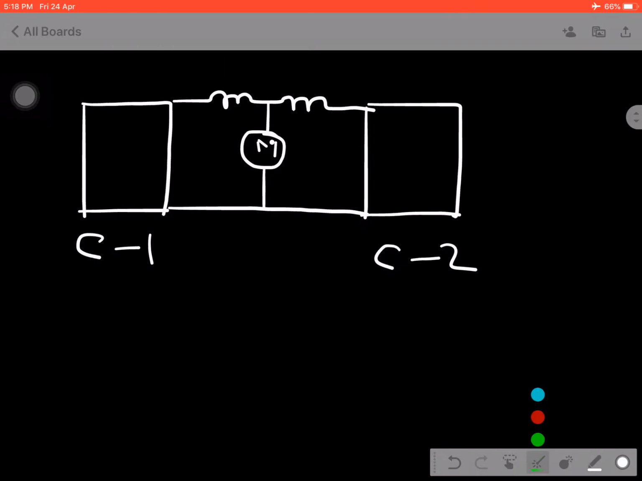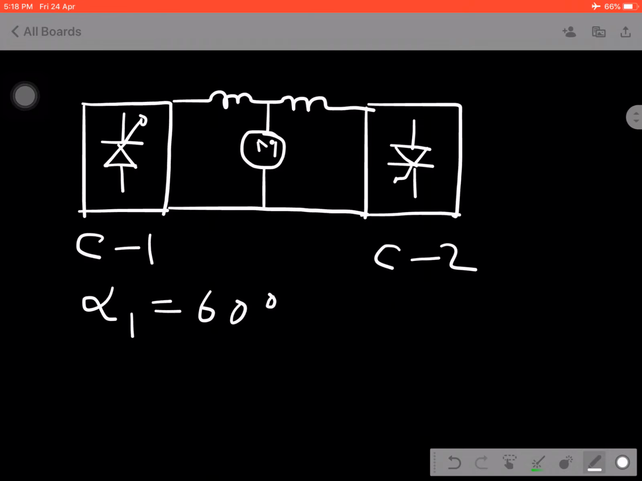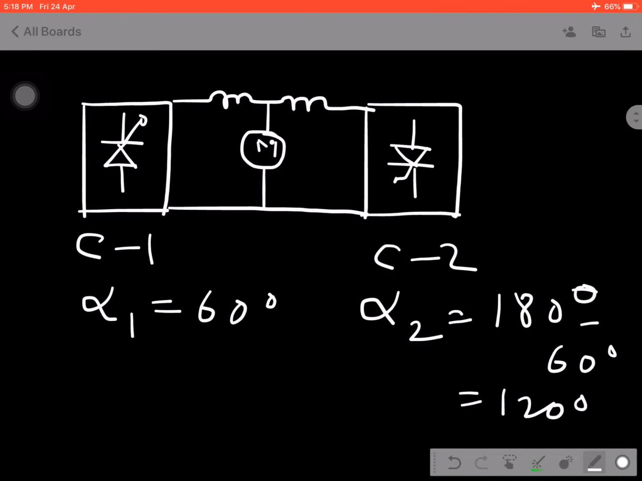We know the converters are back to back connected, so the direction of the switches is opposite for both. Now suppose we apply the triggering pulse such that alpha 1 for the first converter is 60 degrees, and alpha 2 will be 180 degrees minus 60 degrees, which gives 120 degrees. That means we are applying the same triggering pulse here. When the first converter starts working,